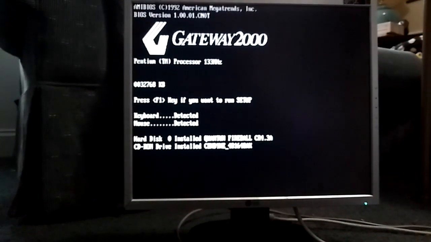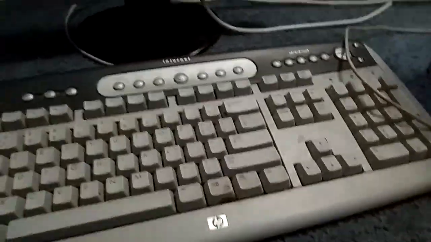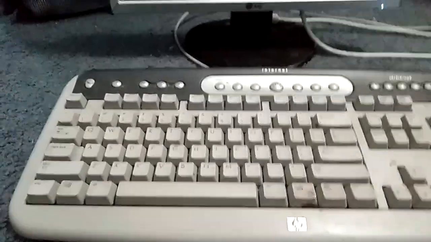Nope, my camera went out of focus as soon as the screen went black. Come on. Focus. There we go. If you're wondering what keyboard I'm using, it's some generic HP OEM keyboard from some XP machine that I got